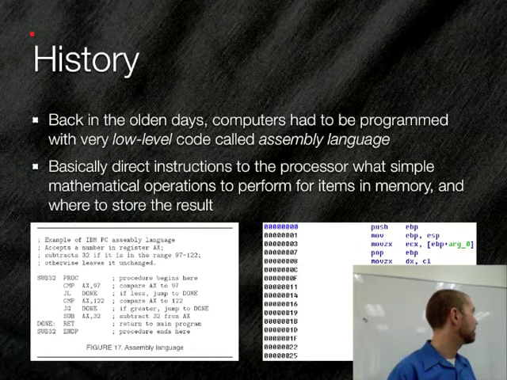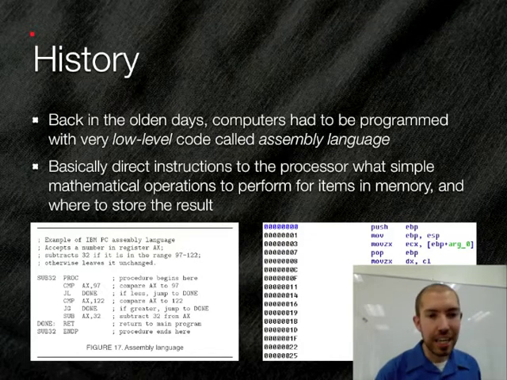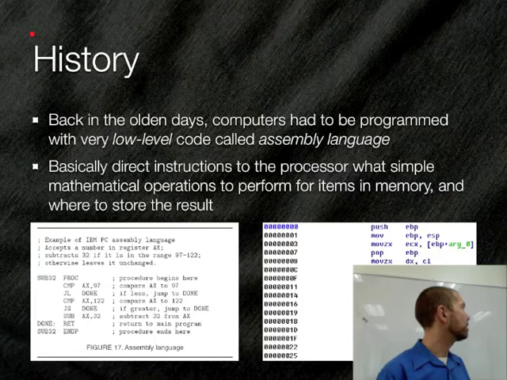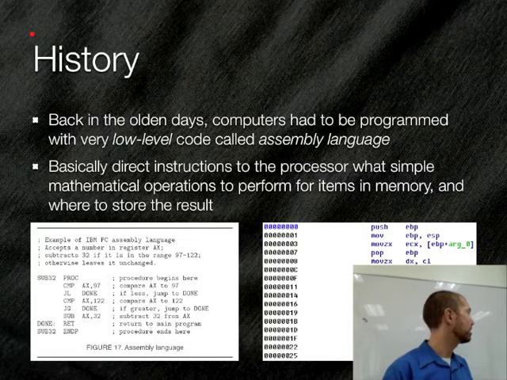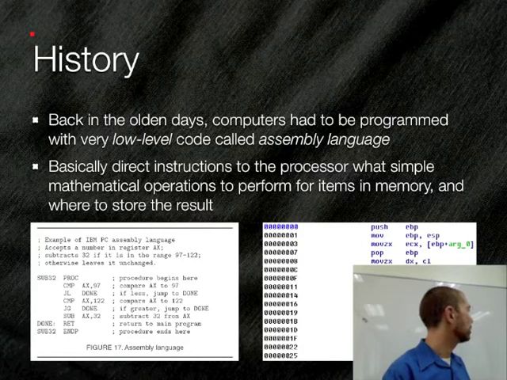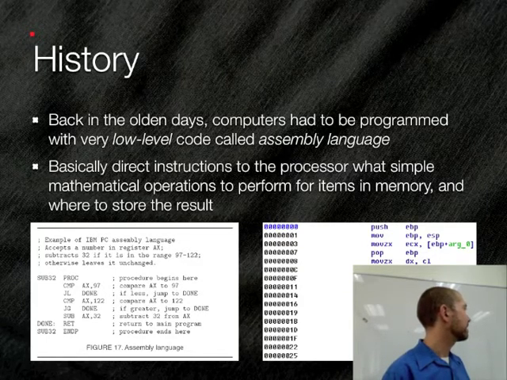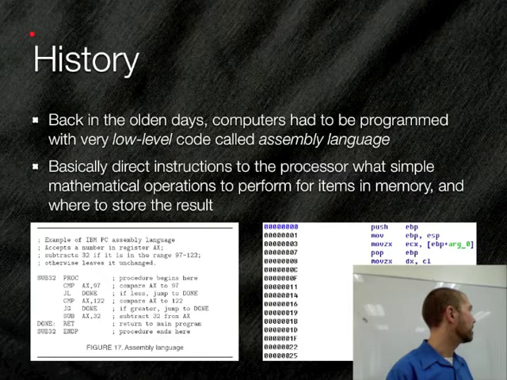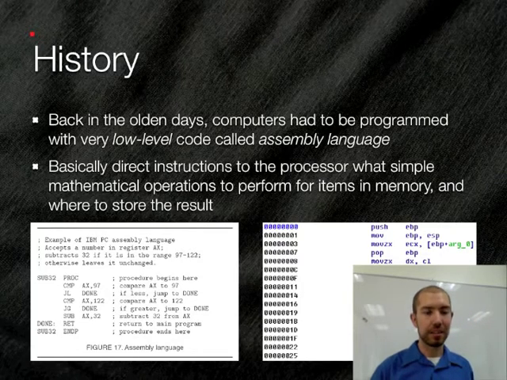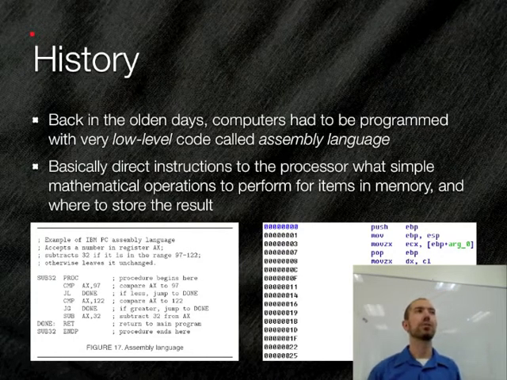So it kind of tells you what this one is doing. This is a function that takes in a number in a memory location called AX and subtracts 32 if it's in a certain range of numbers and otherwise leaves it unchanged. And it does little things like, if you can read this, it's a little fuzzy on the screen, it's got little instructions like CMP of AX and 97, which compares AX and 97. The next line says JL done. So that means if it's less, jump to the area marked done. Otherwise, you go through here. So if it's not less, then you would go through the next line where you compare it to 122. If it's greater, you jump to done. Otherwise, you subtract, right? So you can kind of see what this code does.